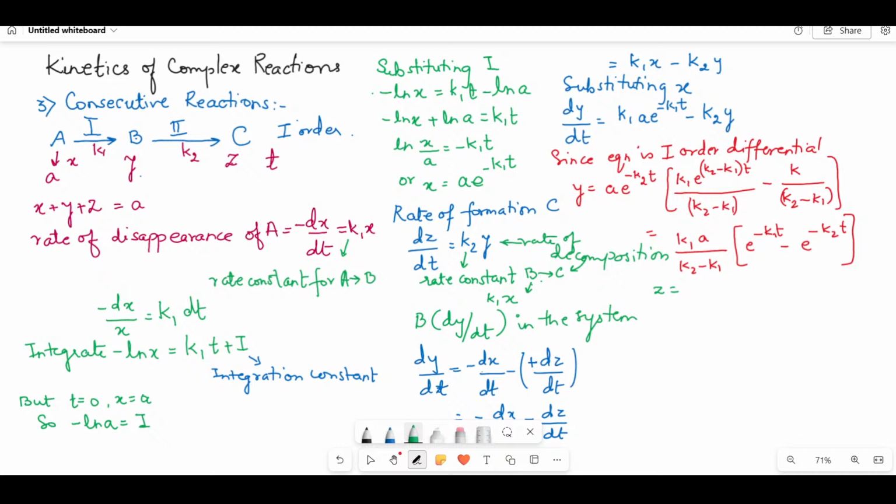Z is equal to a minus x minus y. So we are having z is equal to a